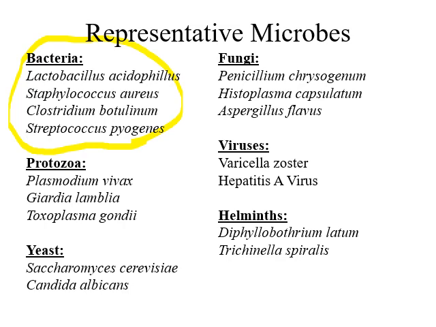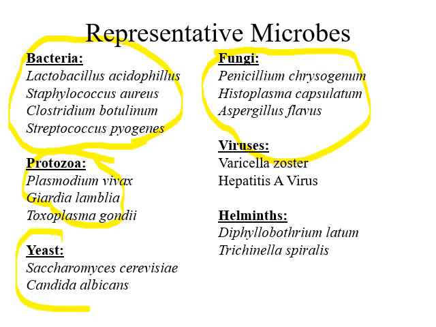The fungi that we've learned about are Penicillium chrysogenum, Histoplasma capsulatum, and Aspergillus flavus. The protozoa that we've learned about are Plasmodium vivax, Giardia lamblia, and Toxoplasma gondii. The yeasts that we've learned about are Saccharomyces cerevisiae and Candida albicans. The viruses that we learned about are varicella zoster and hepatitis A virus, also influenza virus, but we won't worry